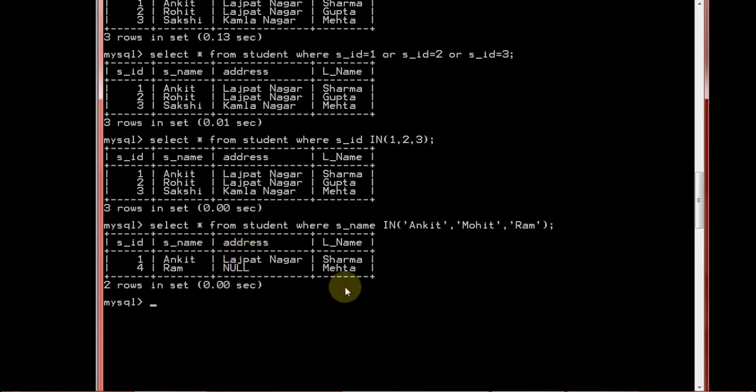Because you already know in the OR operator it is not compulsory that all the conditions must be true. Similarly with IN, whatever values you mention over here, it is not compulsory that all the values exist in your table. We just want to see the records where the names fall in this category. Whatever names match in your table, it will show.